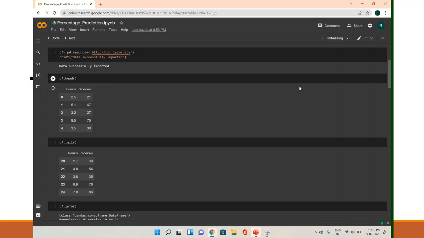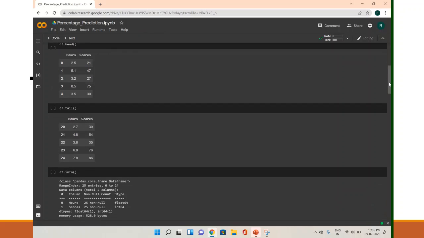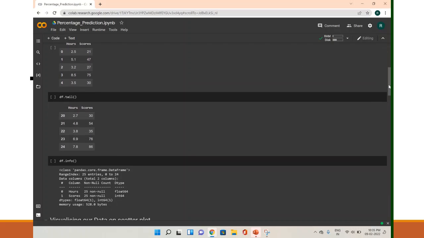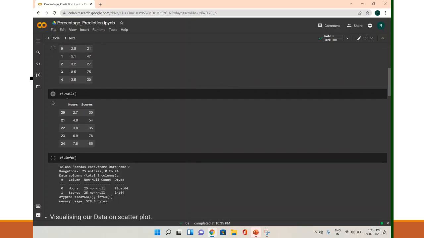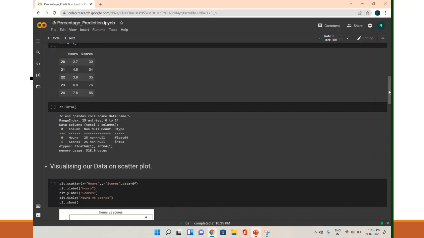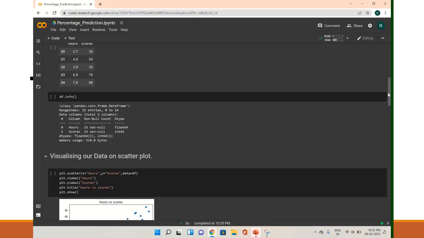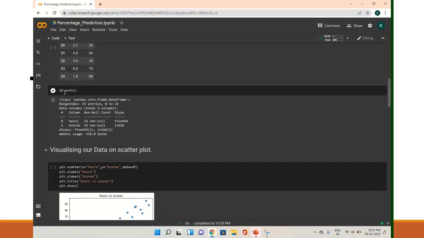In this cell, I have run the df.head command, which shows the first 5 records of my data. In the second cell, I have run the tail function, which shows the last five records of my data. In the next cell, I have used the info function, which shows the number of columns, name of the columns, not null count, and data type of the columns,